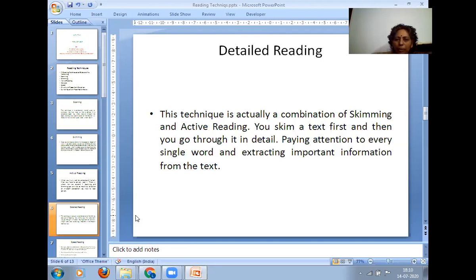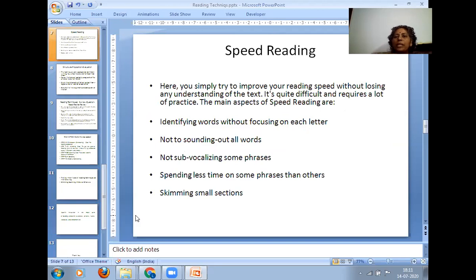So detailed reading functions as a combination of skimming and active reading. You skim a text first and then you go through it in detail. So you have to pay a lot of attention to every signal word and extract important information from the selected text. And the next one is speed reading.